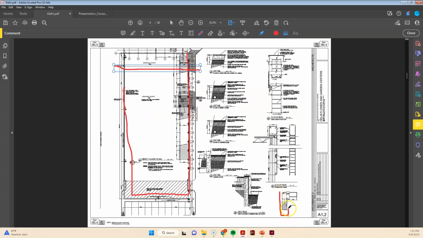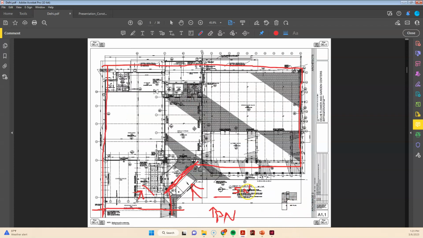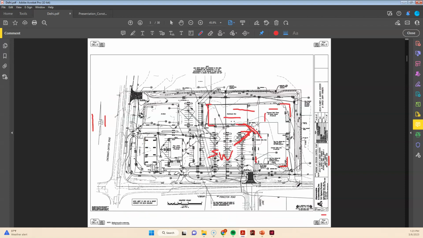Here's a key plan. And that hatched area tells us that we're looking at this leg of it. And here, same location, nice and clear. This little key plan tells us that we're looking at this leg. So it is an L in this direction. Here, it was an L in this direction. So it has been rotated